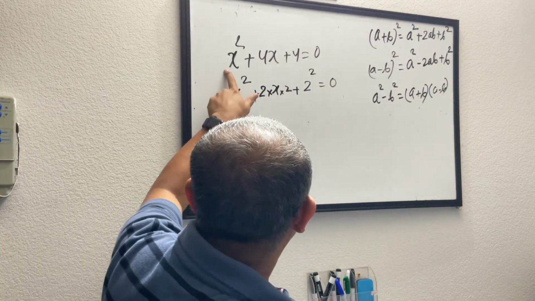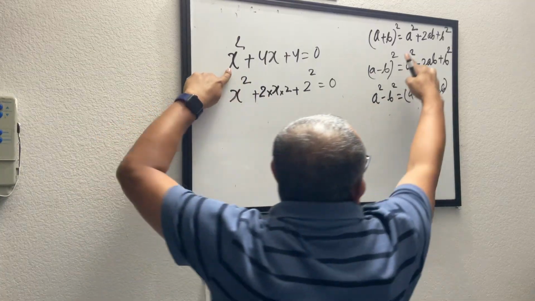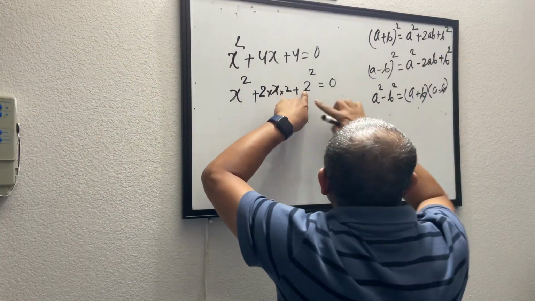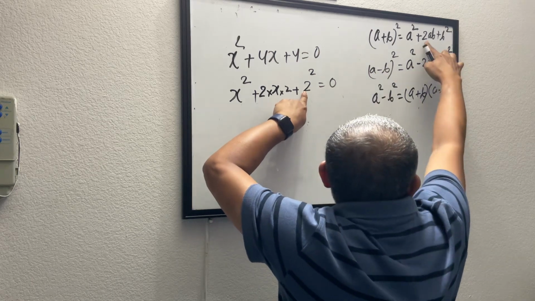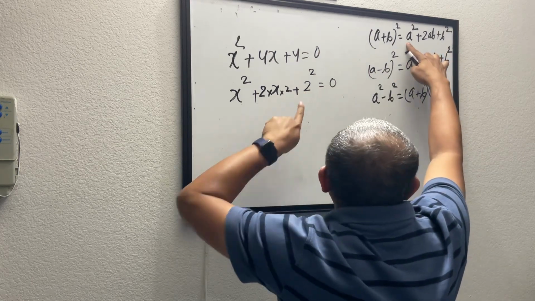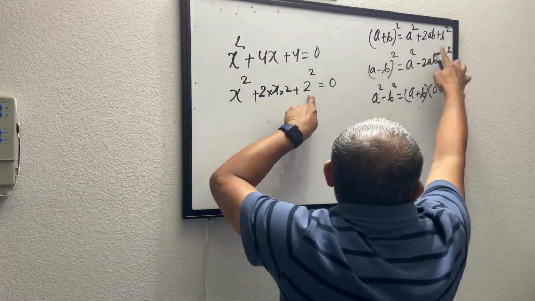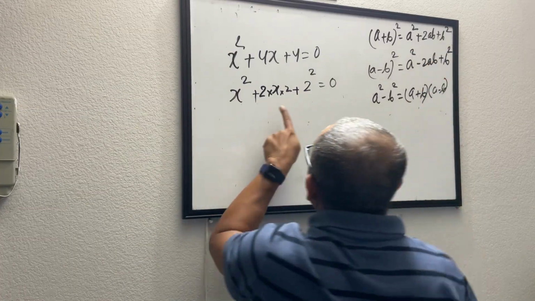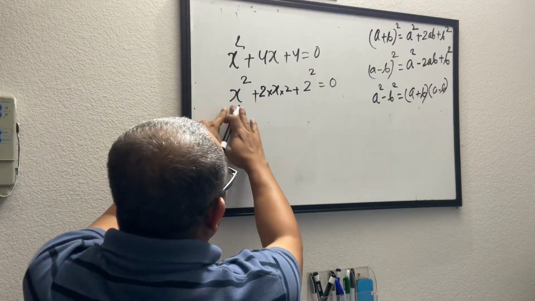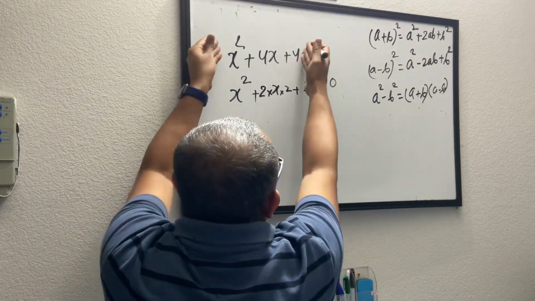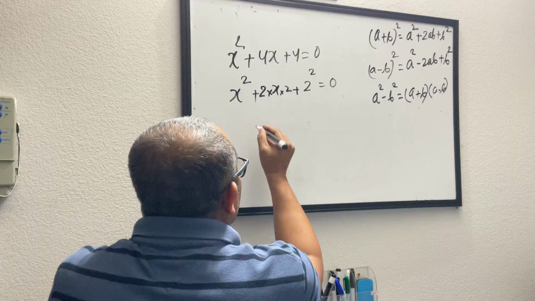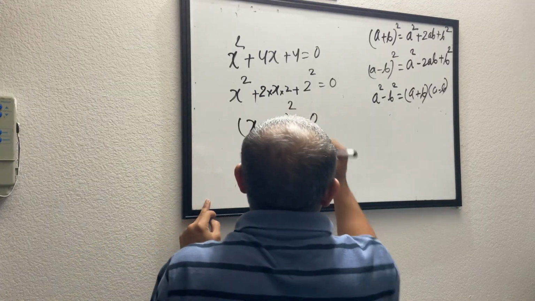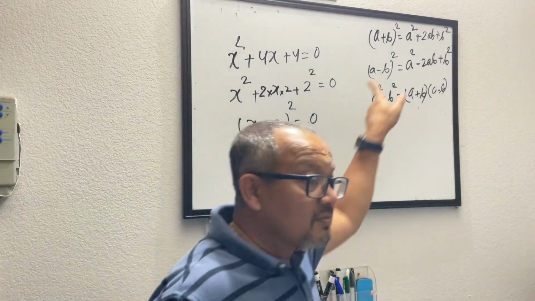And by looking at this one, what do I see? x squared is a squared, 4 is nothing but b squared, 2 squared. This 2ab is 2 into a, where my a is x and b is my 2. So 2 into x into 2. Oh, wonderful. I have x plus 2 whole square written in the form of the quadratic equation. I can say this is x plus 2 whole square. That is how I was able to map it to this formula.